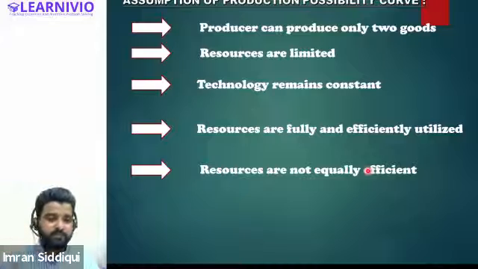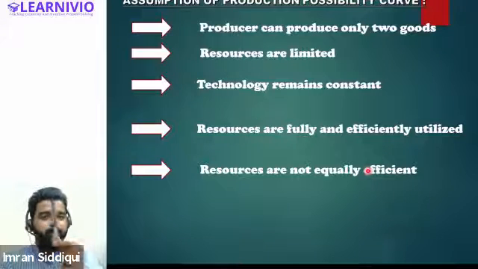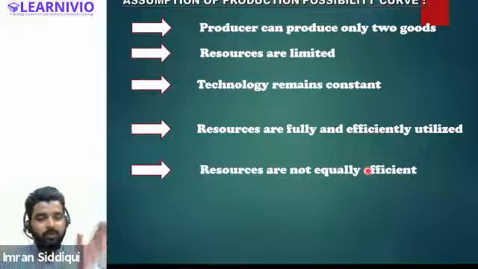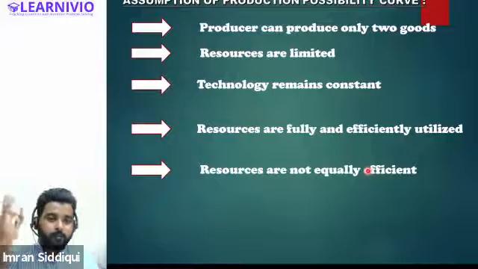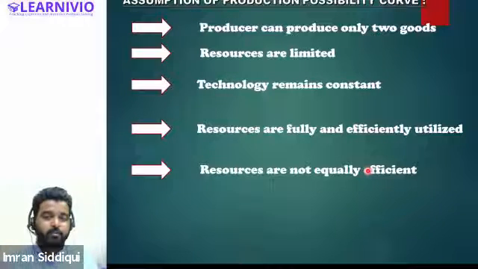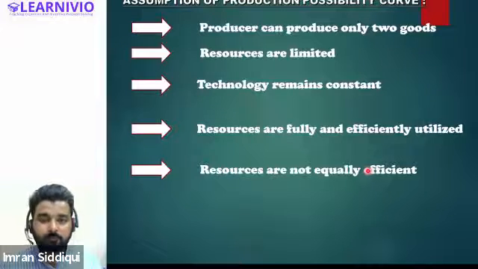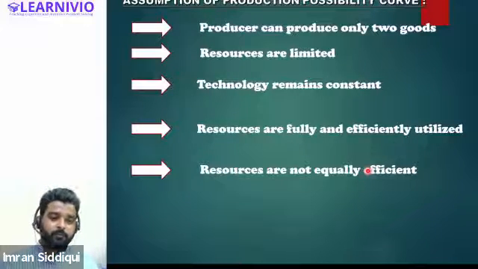Suppose there are laborers who are engaged in the production of pens, and I, as a factory owner and producer, produce 2 kinds of goods, notebook and pen. Right now I am allocating all the labor to the production of pens only, but now I want to produce more notebooks also, and I ask my laborers to contribute to the production of notebooks as well. Please tell me whether the same laborers will be equally efficient in the production of notebooks. Answer is no. Laborers will not be equally efficient in the production of notebooks.